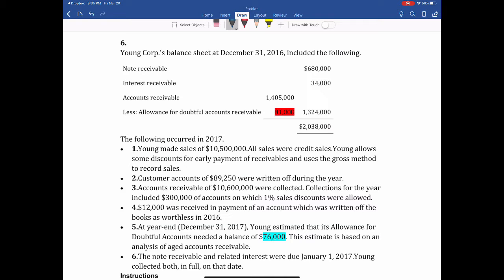In this part, I'm using a question to review what we learned in this chapter, especially accounts receivable valuation and reporting. This question is also available in the Chapter 7 folder. You can download it. The information we are given is the ending balance of 2016, or the beginning balance of 2017. We are given the balance of note receivable, interest receivable, the net realizable value of accounts receivable,